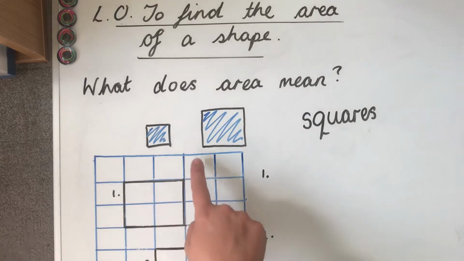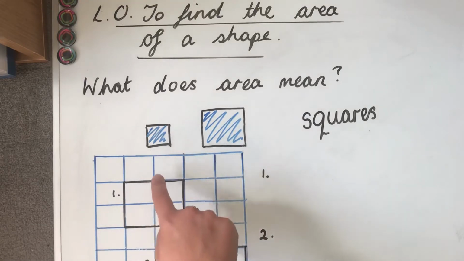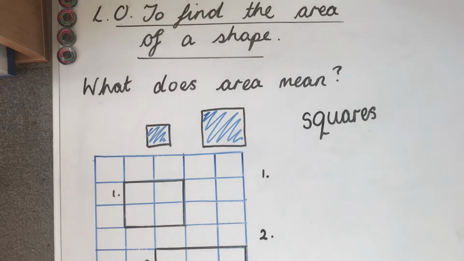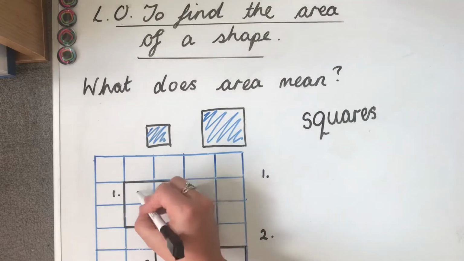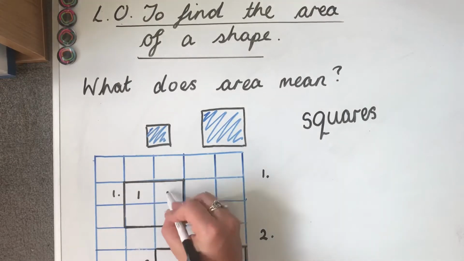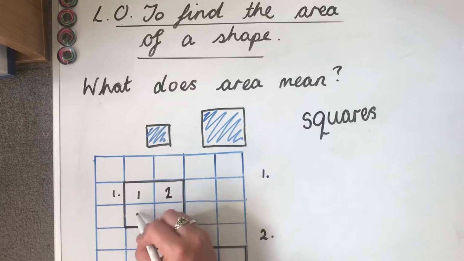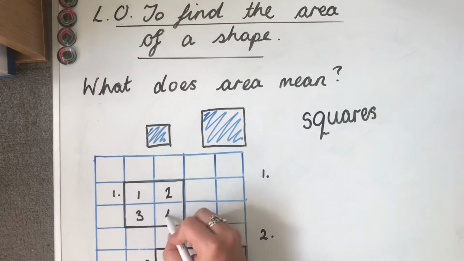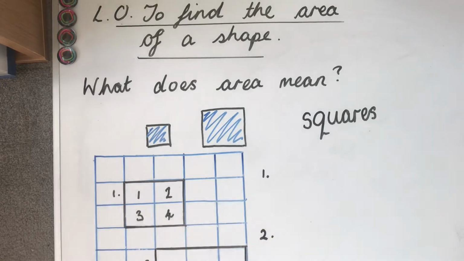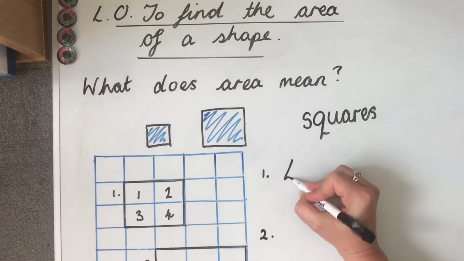Can you see how these blue squares, like you get blue square paper in your maths book, we need to count how many squares are inside that shape. So we know we've got 1, 2, 3, 4. Okay, so shape number one has an area of 4